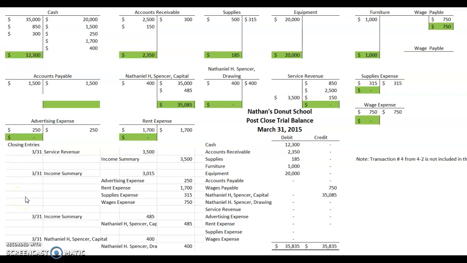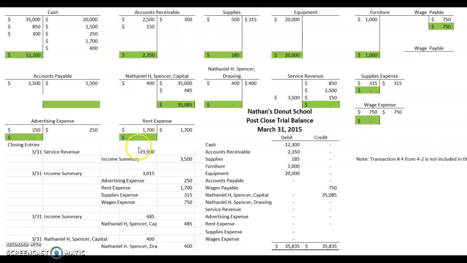So here we are at our last step in the accounting cycle. We're preparing the post-close trial balance. So what I've brought us back to is all of our T accounts. I've pulled in the journal entries that we talked about in the previous video, and I've posted them to all